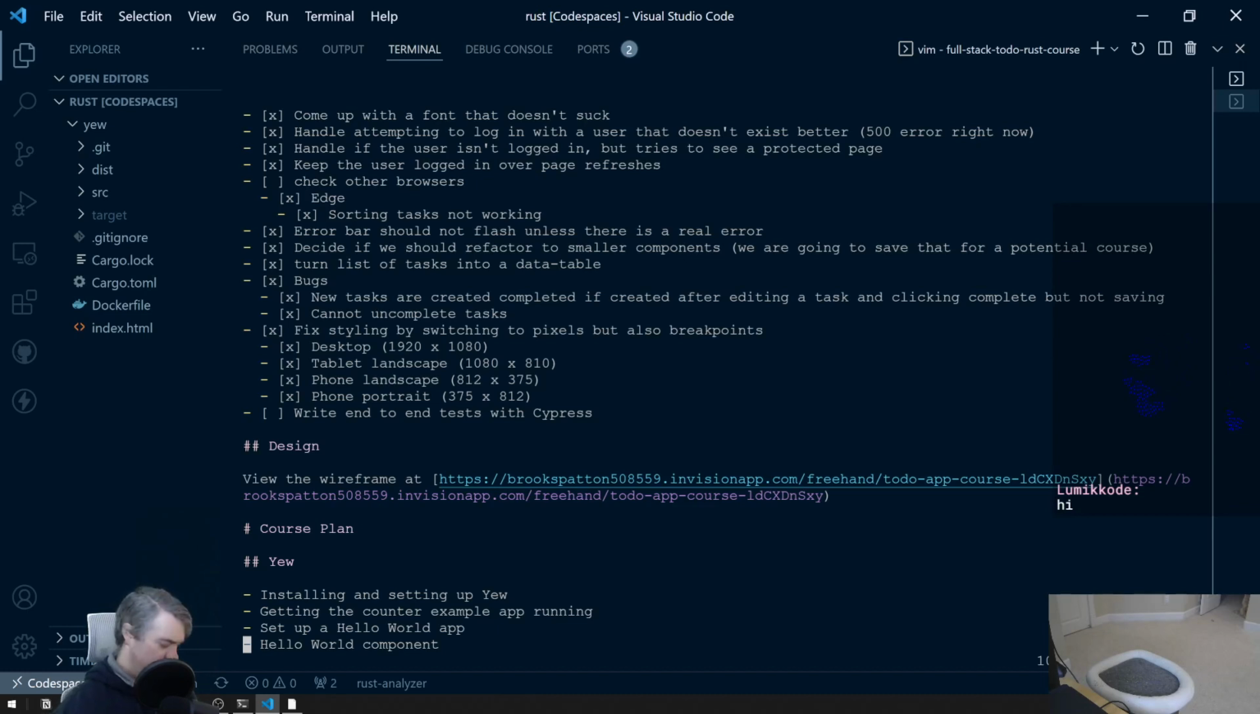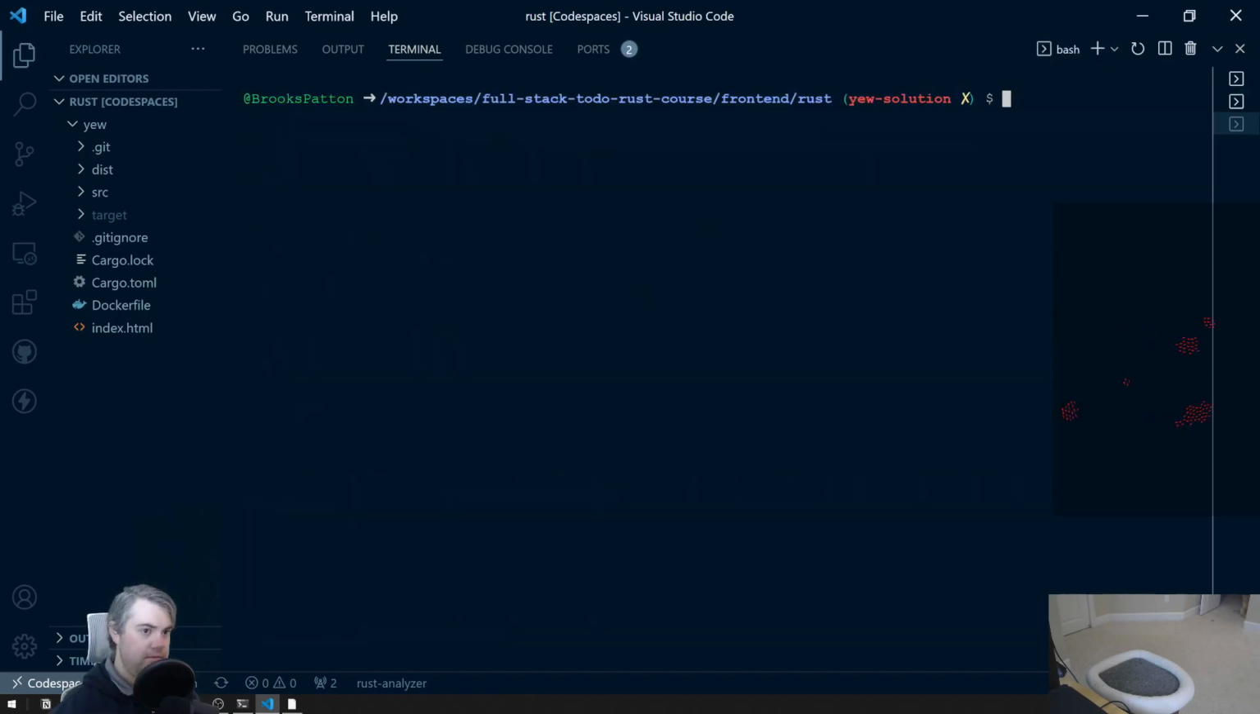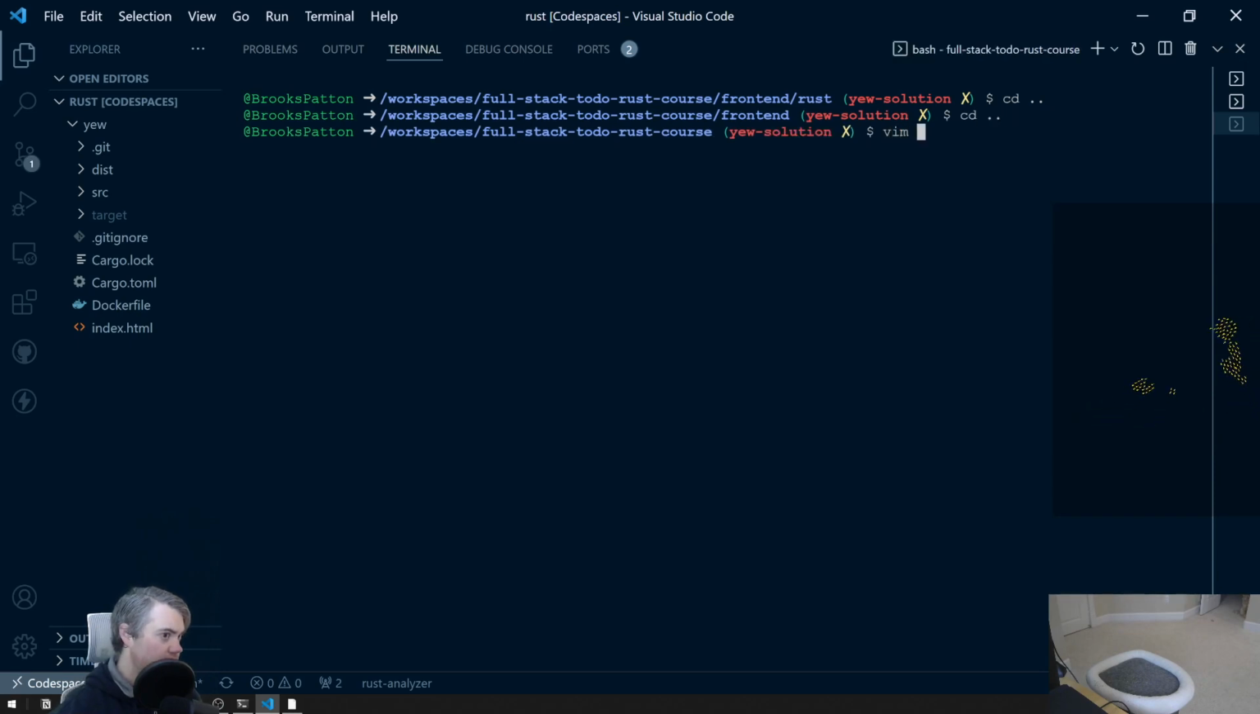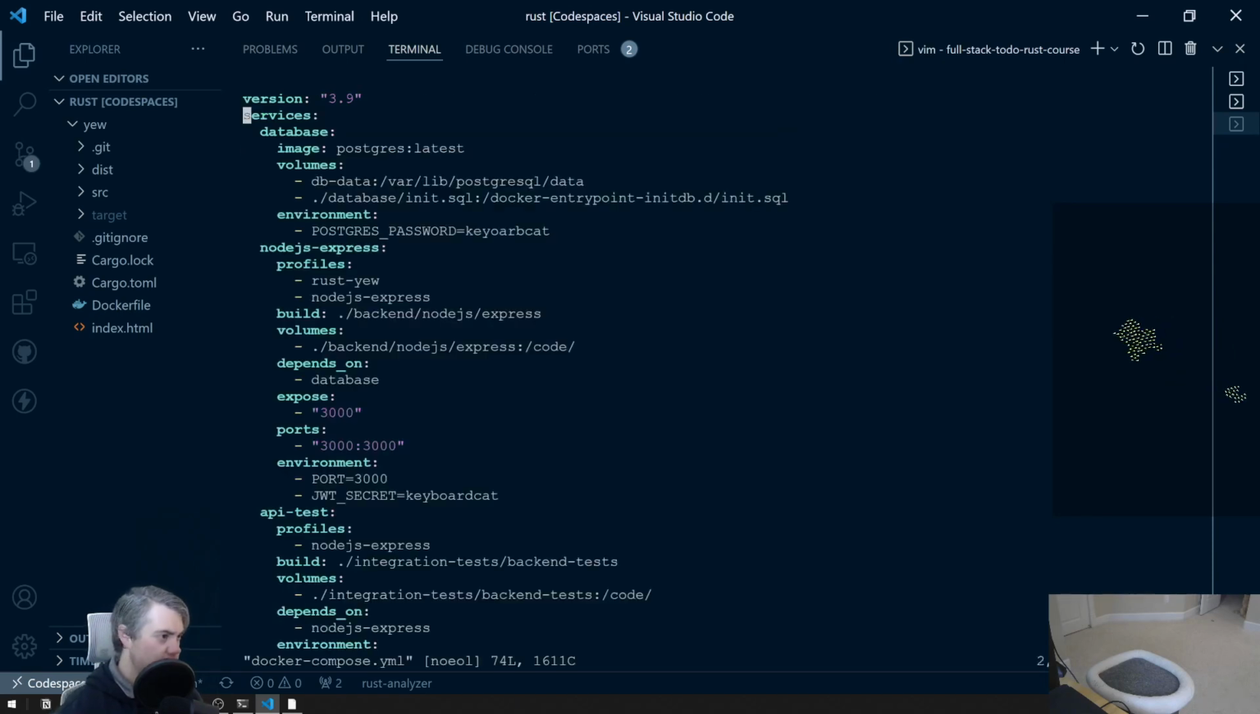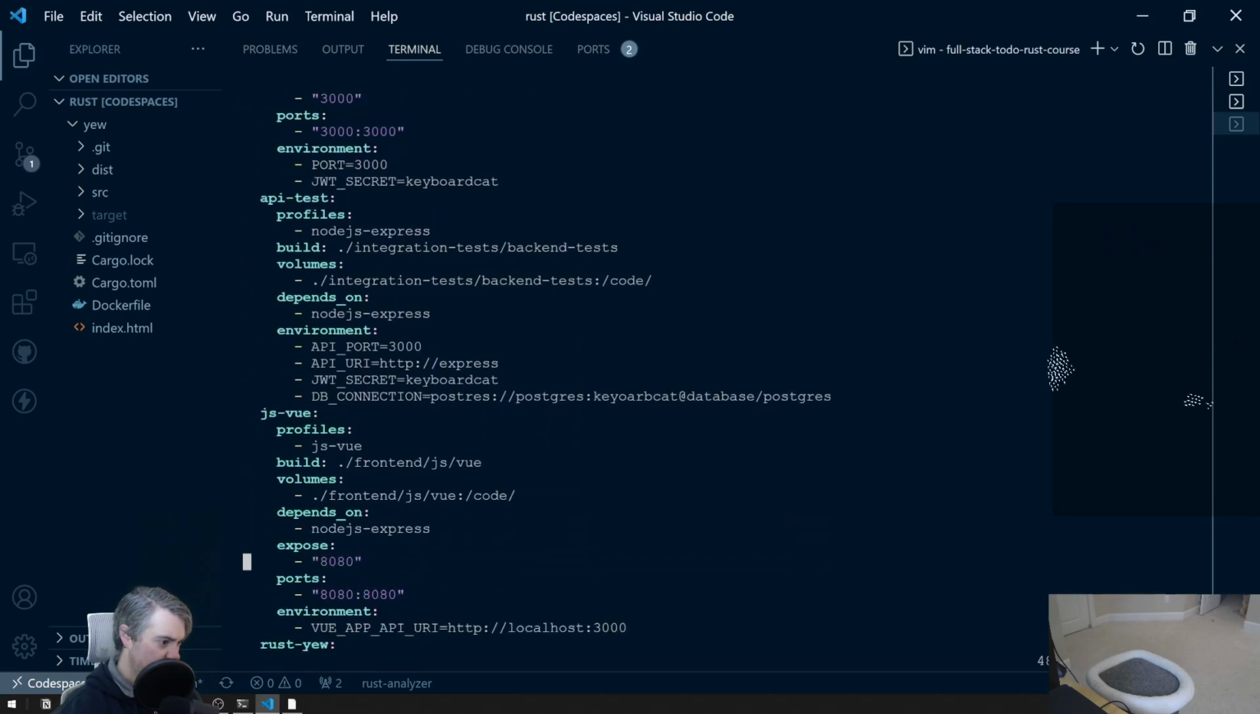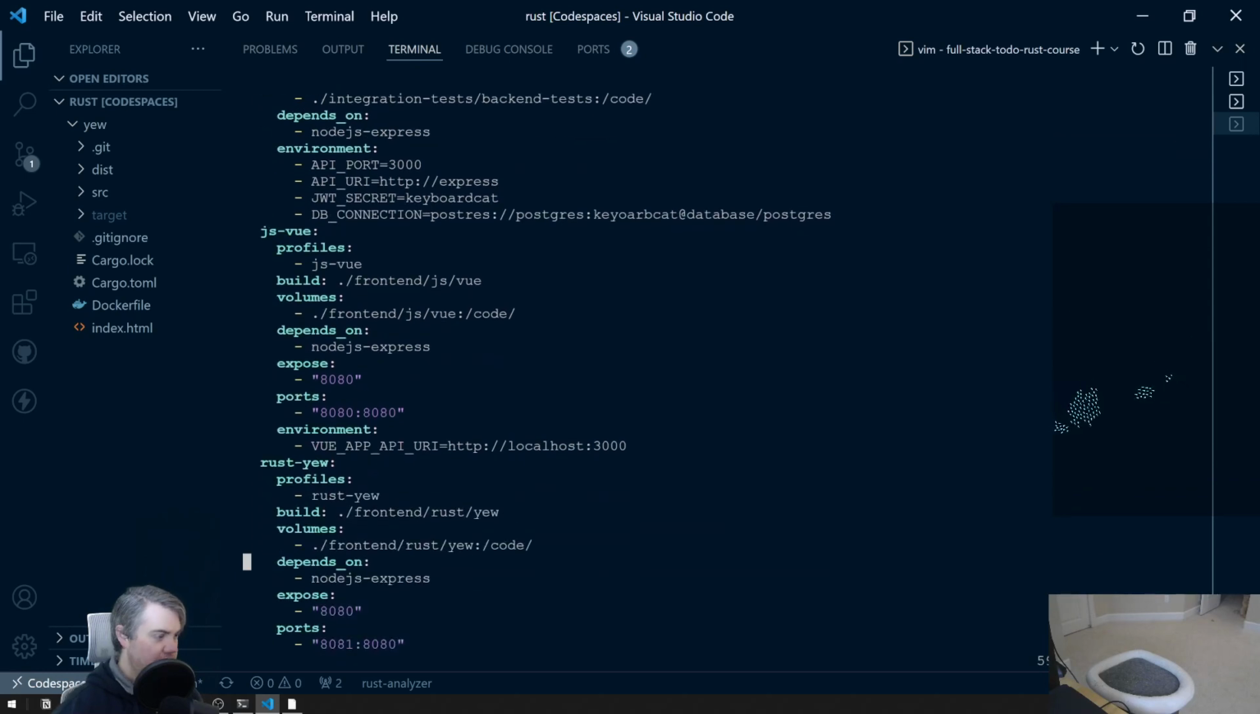I think I want to get both of these running at the same time so I can do a side-by-side look. That might be helpful. So I want to vim the Docker compose file. So right now we have... I think what I'll do is I'll add a new profile